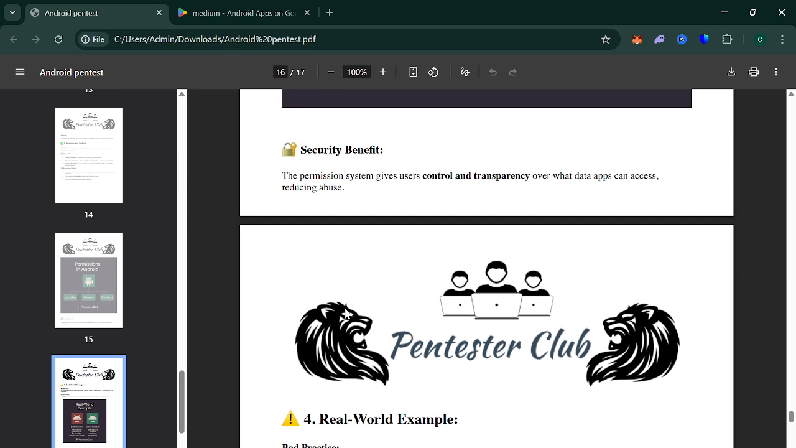So you need to give only the permissions an app actually requires. Let's consider Google Maps: it requires only internet access and location access. If it asks for explicit permissions like camera access or contact access, that is more dangerous. And let's consider